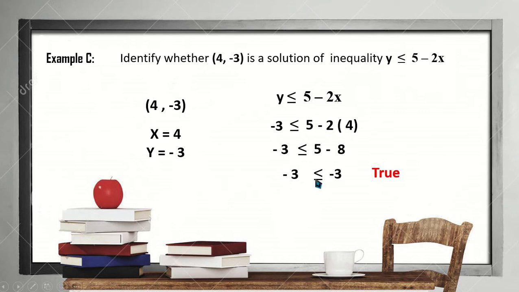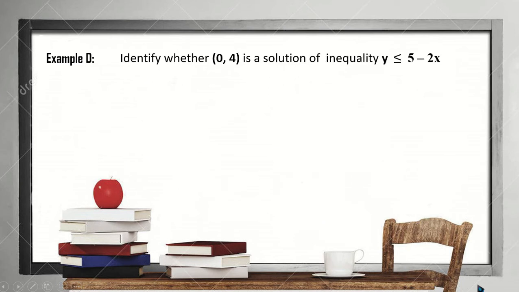Pero kapag wala tayong equal sign dito, ang nakalagay lang ay negative 3 less than negative 3, that is false. Since meron tayong equal sign, ibig sabihin this is true. So ano ibig sabihin nun? 4 and negative 3 is a solution of, so we have y is less than or equal to 5 minus